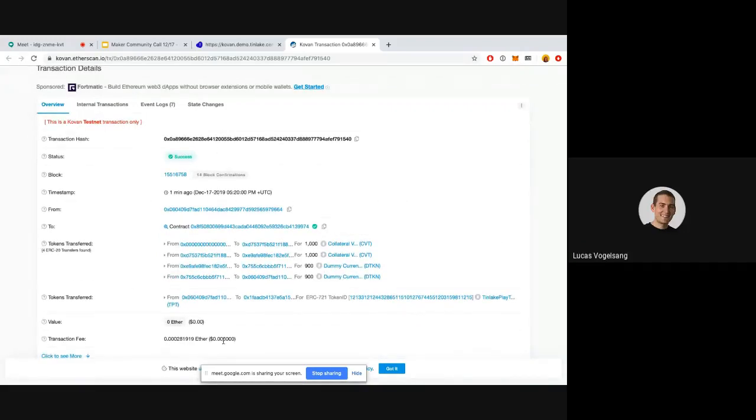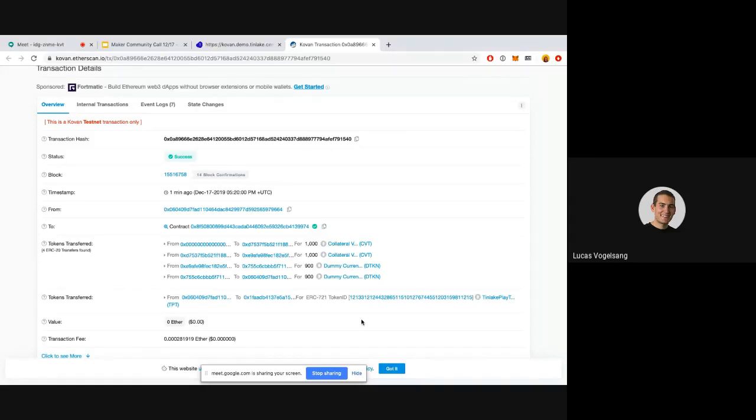Yeah, I can give a bit of background on what happens. When the borrower wants to borrow money, we take the NFT and move it into the escrow, which is the last line, the token transfer, from the borrower address to the escrow contract from Tinlake. You see this Tinlake token, this TPT, that's the ERC 721 that we use as collateral. And in addition, basically four transactions happen here.